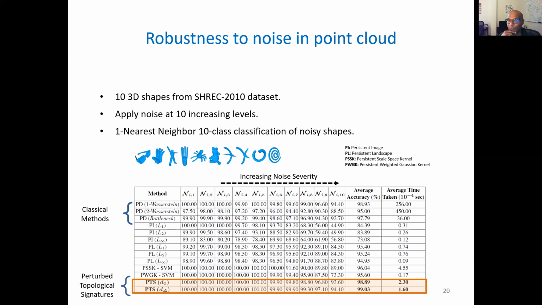We find that we are able to recognize shapes under large perturbations under noise. Here is increasing noise severity on this axis. The bottom two rows are our approaches using perturbed topological signatures as a way to measure divergences between shapes. Extremely robust to noise and extremely fast. The other classic gold standards are the one Wasserstein measure, the two Wasserstein measure, and the bottleneck distance. Also robust, arguably less robust than us, but fairly robust, but they are extremely slow. And this was a big thing I thought we would contribute to the community.